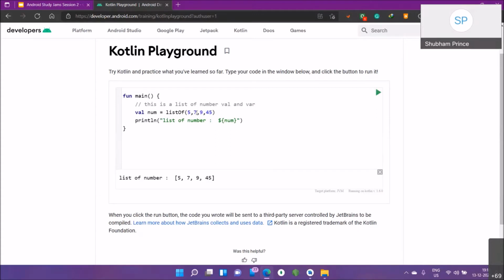Let me just jumble it up. So I'll put 10, and then 60, and then 5. Sorry, 5 is there. It still doesn't matter because it's a list. I can have the same value; the value can be repeated. It's not a set, it's a list. So there can exist more than one value. Okay, same value, more than once.